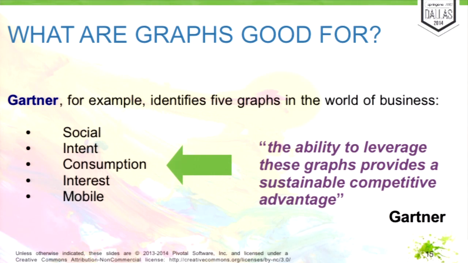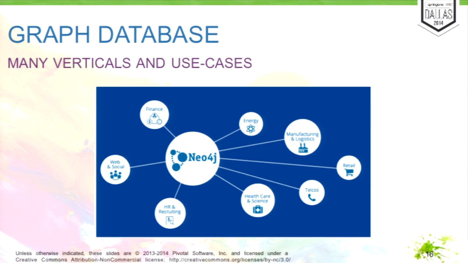Interest is what Twitter works on, and the mobile graph is everything that telecommunication companies work on, network management, management of Internet of Things, all the connected devices, and so on. So actually, there are a lot of interesting domains. When we started with Neo4j, we had a handful of ideas of what people would use a graph database for. Social was the predominant one, and a few others. But then our users and customers surprised us all the time, because every time they come up with, I want to use Neo4j for this, then we say, OK, we haven't thought about that, but it's a cool idea.